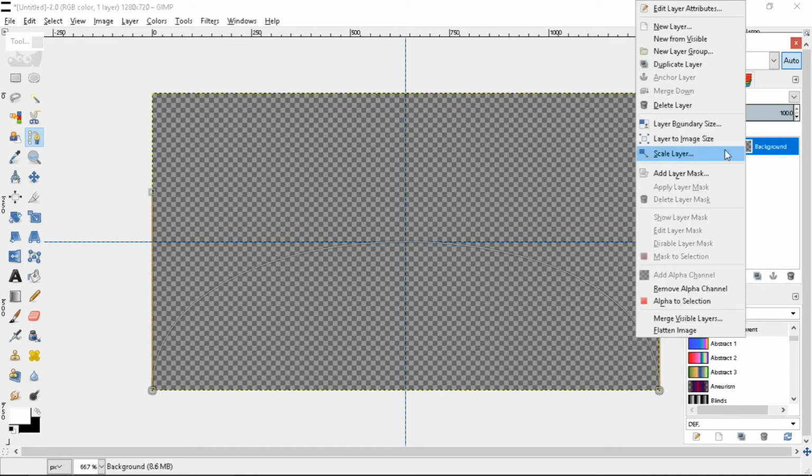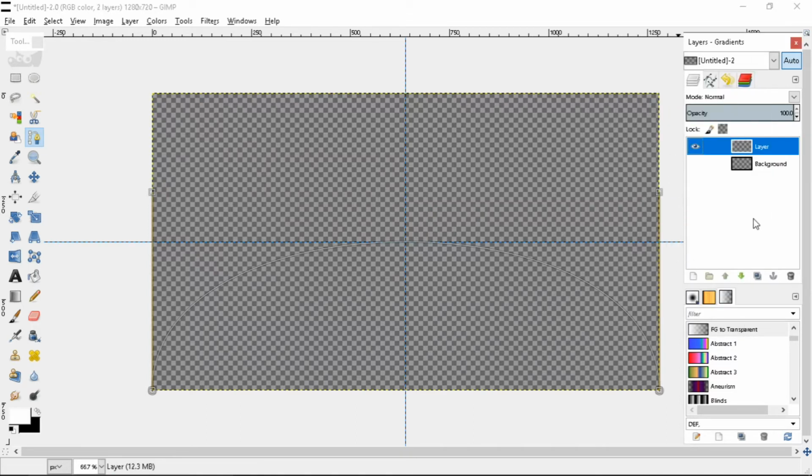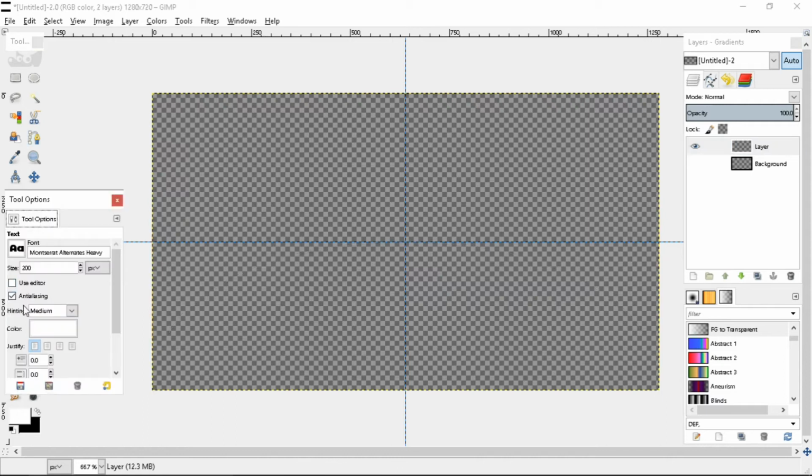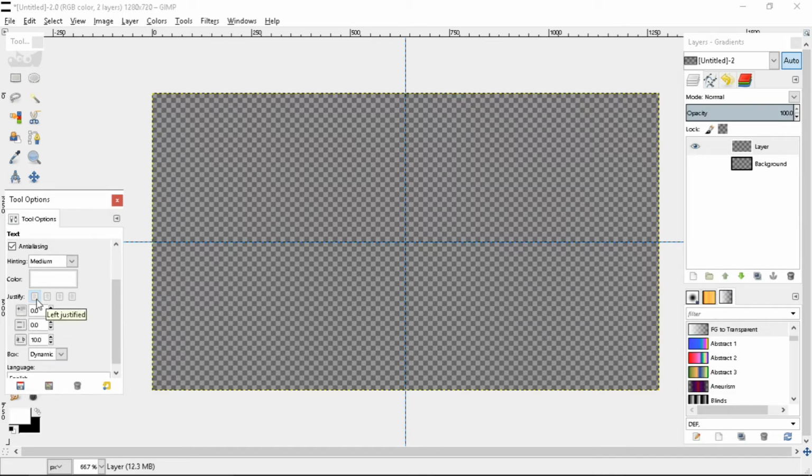So let's make our background invisible. Let's create a new layer. Now what we're going to do is add text. I want to use Montserrat Heavy. It's a pretty juicy looking font. We're not going to do 200, that might be a little too big. Let's just go to 150. Color is going to be white. We're going to justify it left for the purpose of this example. Make our text box, and then we will throw on all caps and type in